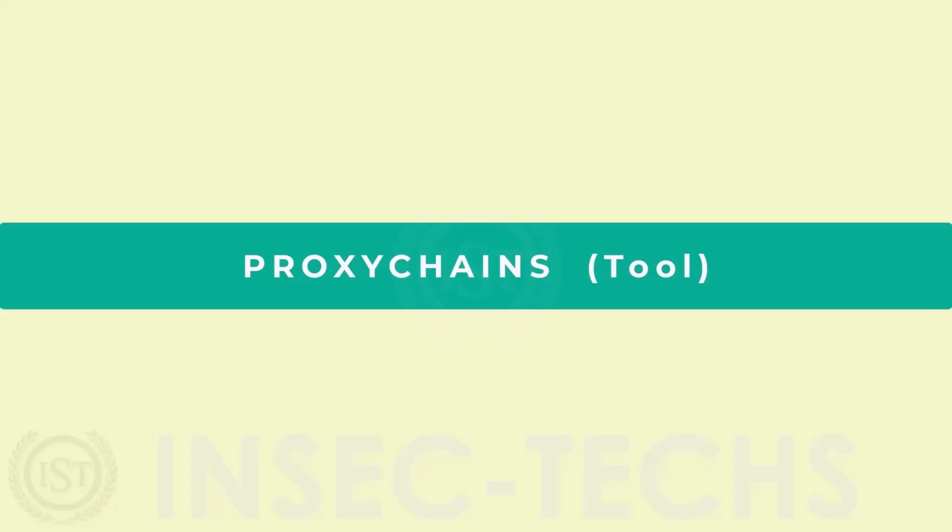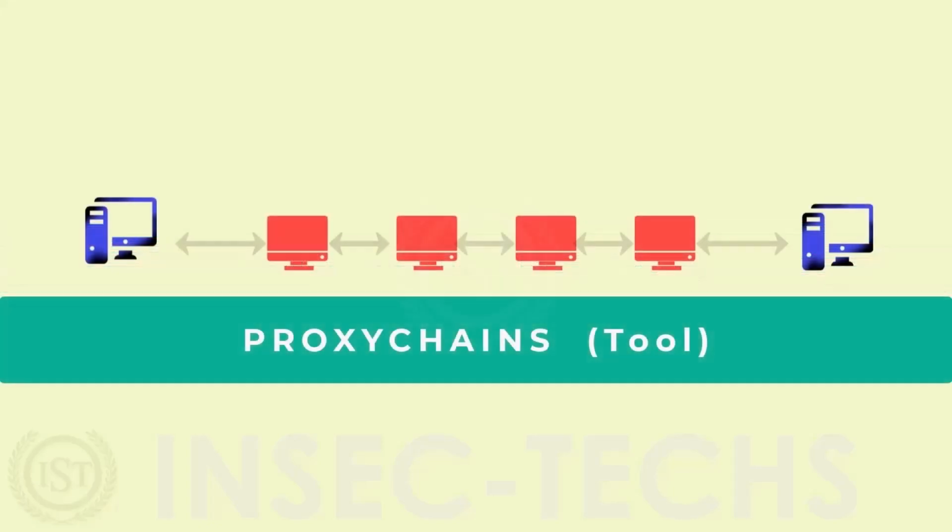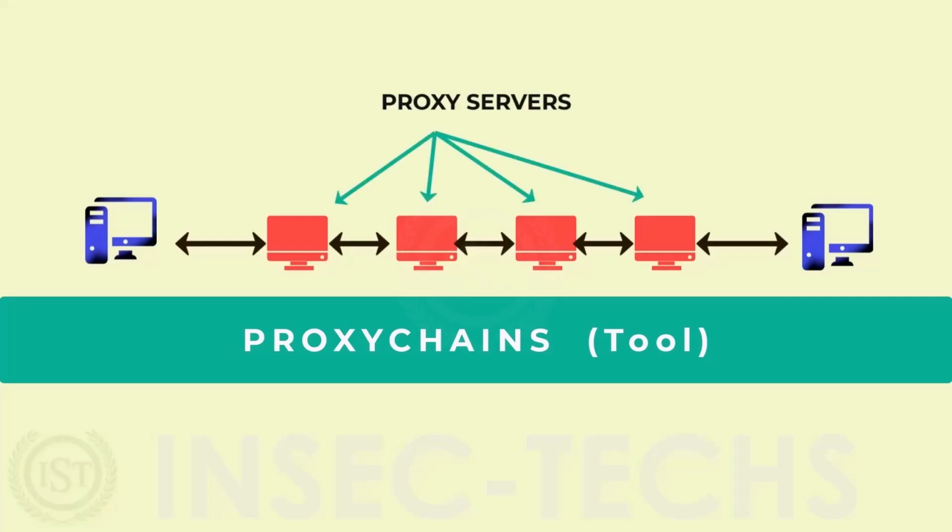In order to overcome such problems, the solution is proxy chains. As said, proxy chains is used for anonymity. That is not the definition of proxy chains, neither is it a proper description of what a proxy chain is. Basically, proxy chain is a tool. It is a Unix based program that forces your TCP traffic or TCP connections that you create using programs to pass through a number of proxy servers, just like your Tor network.